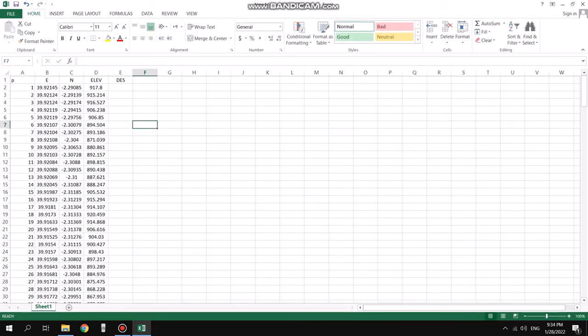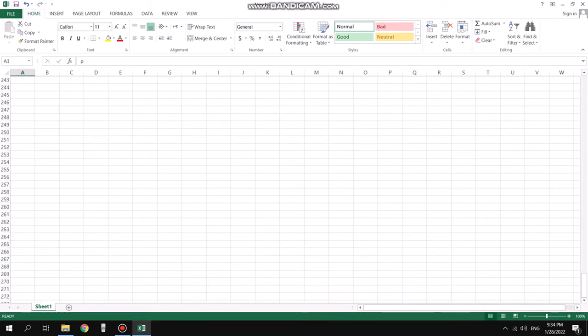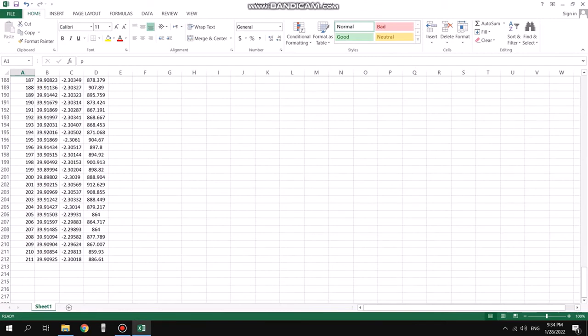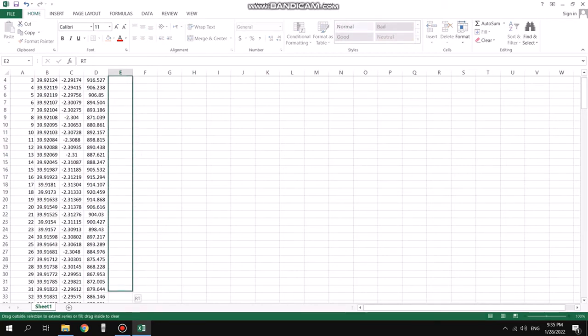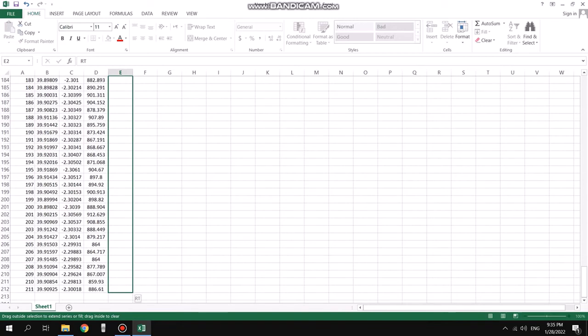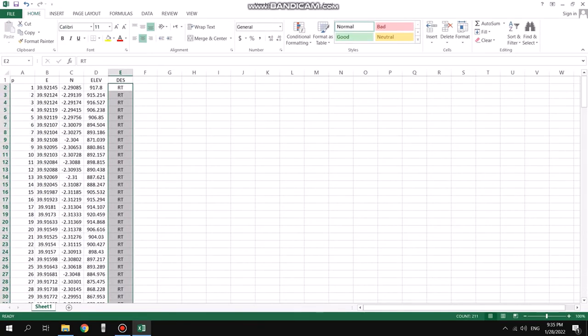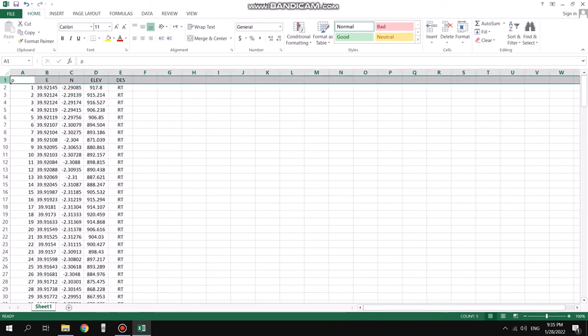Alright, this is our points from 1 to 211, and we need a description. We call it RT, as for real terrain. We paste for all fields. Then the last step is to delete the first row,